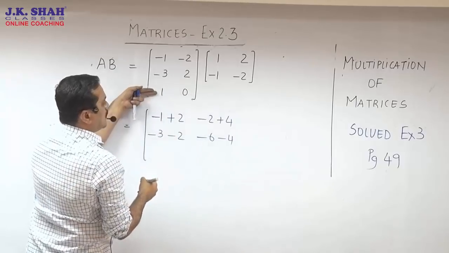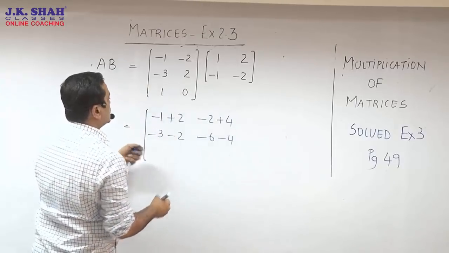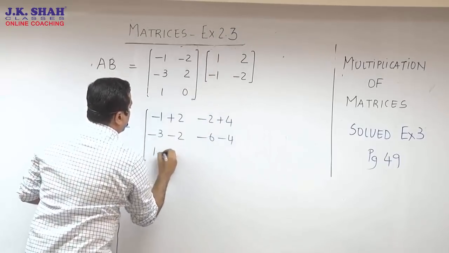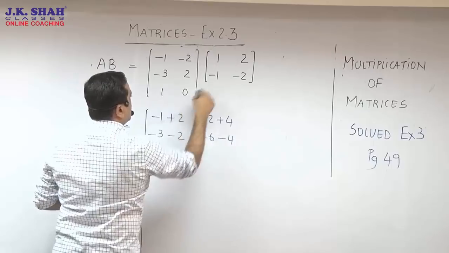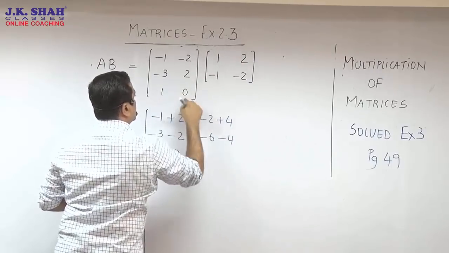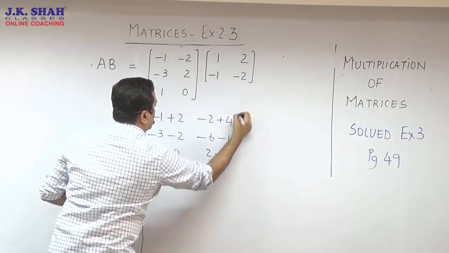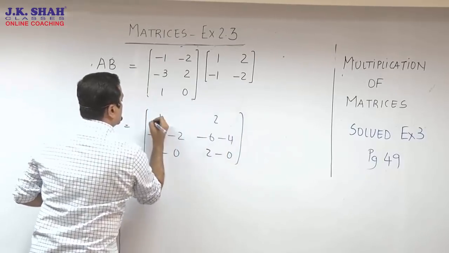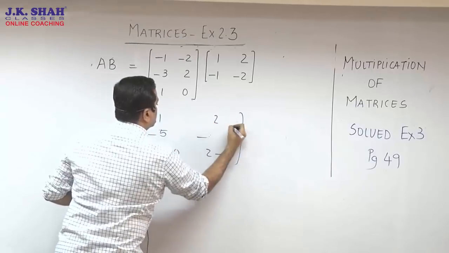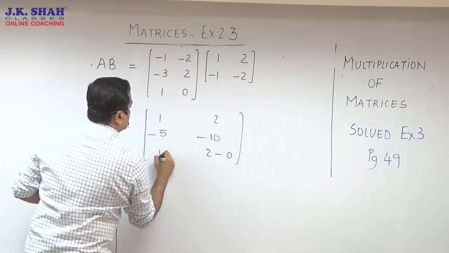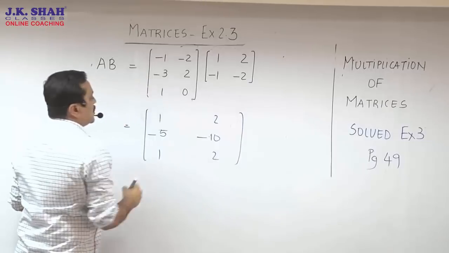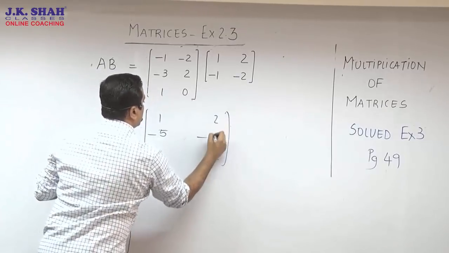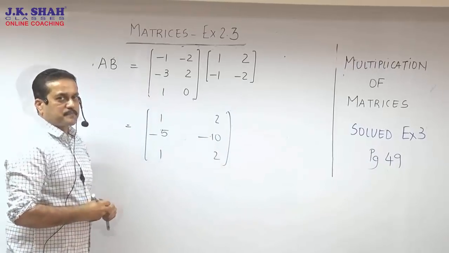Over here we come to R3. So in this also we need to come to R3. R3 C1, so 1 minus 0. R3 C2, so it's going to be 2 minus 0. So finally your answer needs to go 1, 2, minus 5, minus 10, 1, 2. I hope this time your answer must have matched. नहीं होगा तो आगे हो जाएगा. So please don't panic. आराम से करते हैं.